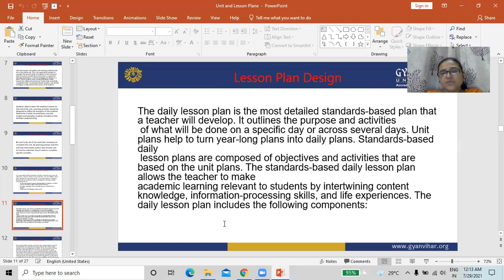The standard-based daily lesson plan allows the teacher to make academic learning relevant to students by integrating content knowledge, information processing skills, and life experiences. The daily lesson plan includes the following components: